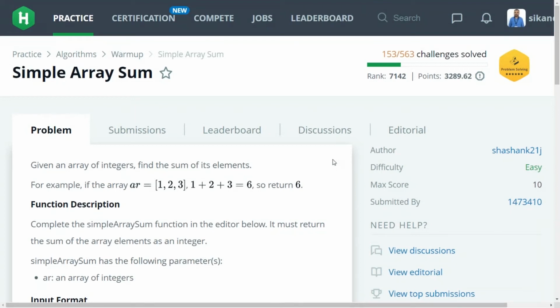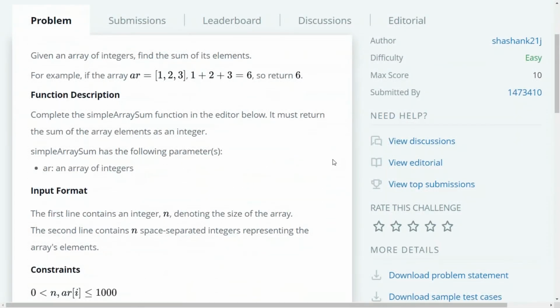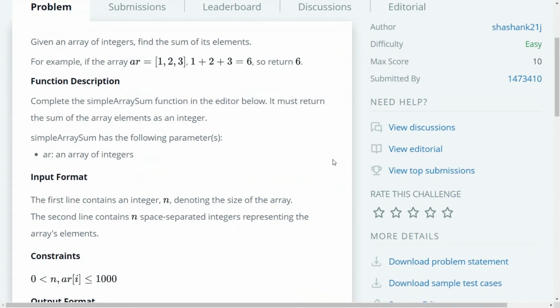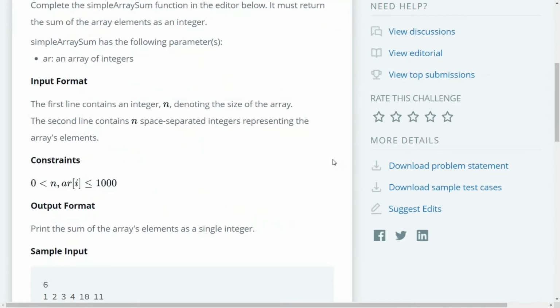So in this particular problem called simple array sum, we're given an array of elements, and we need to calculate the sum of all the elements of the array. It's quite a simple problem. Many a times we do it in regular classes also, right? Yes, it basically gives you an interface where there'll be a function, you need to fill up the code, or you can write your own code, with function or without function.